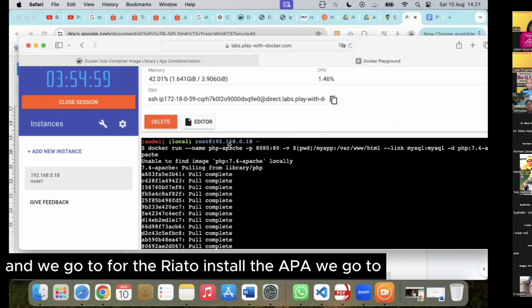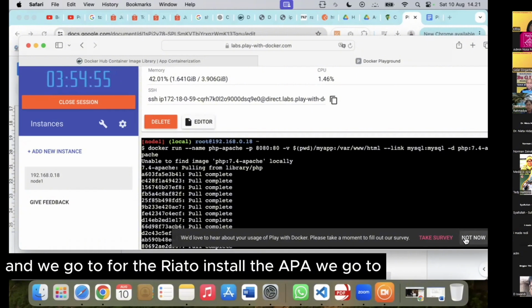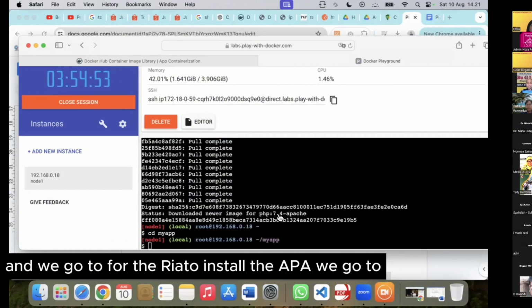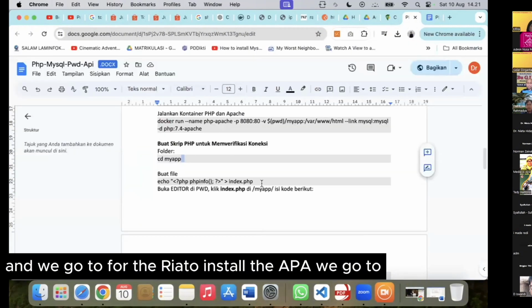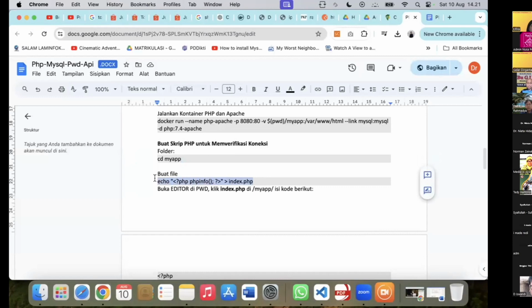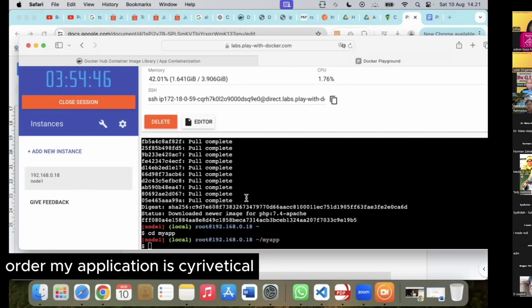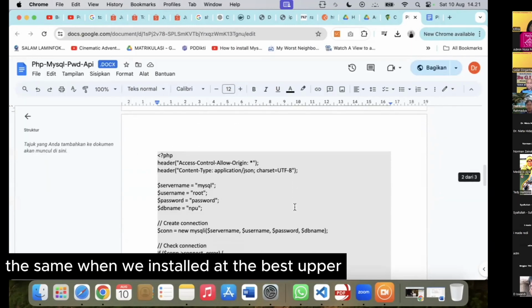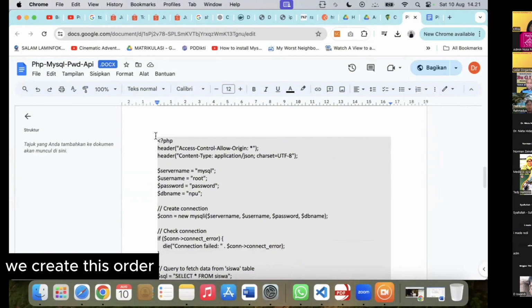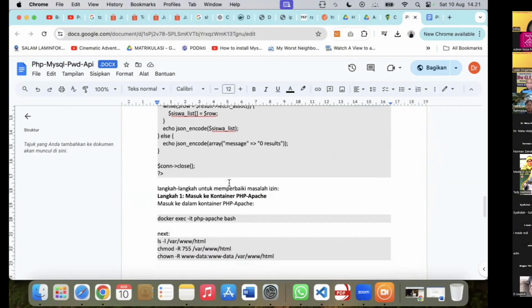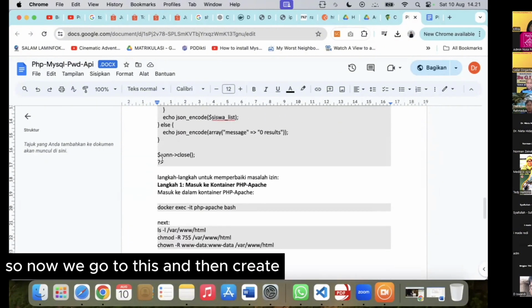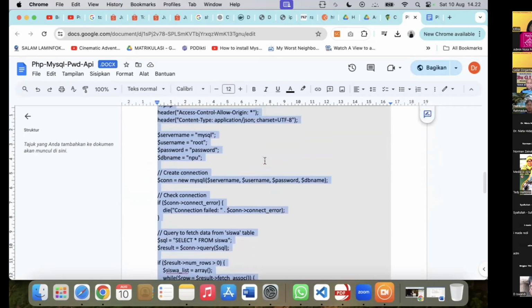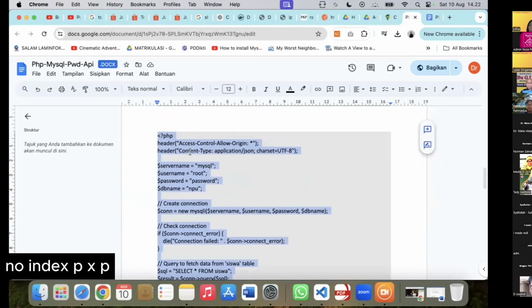And we go to the folder here to install the API. We go to the folder my application. When we installed the database server, we created this folder. So now we go to this and then create the index.php.